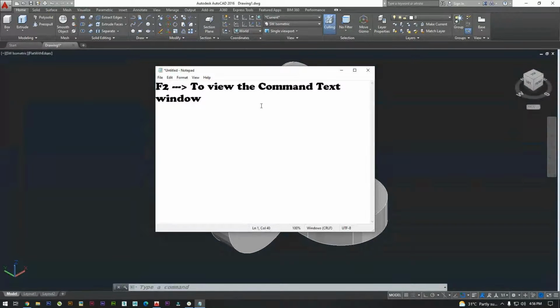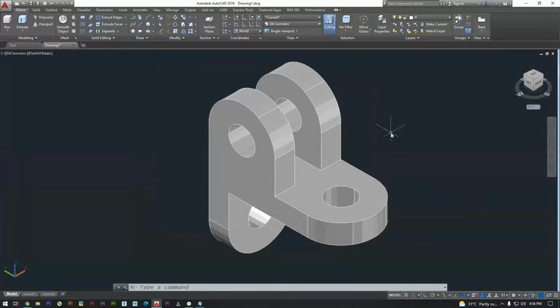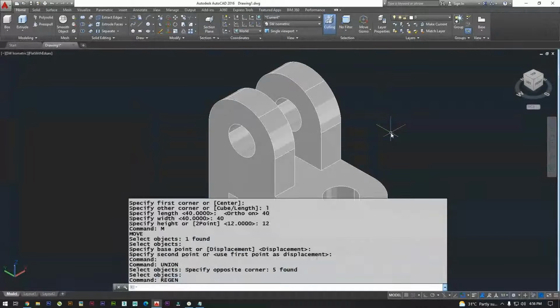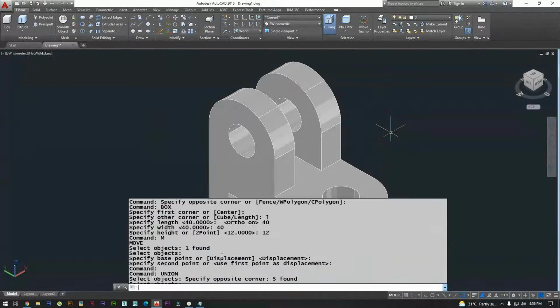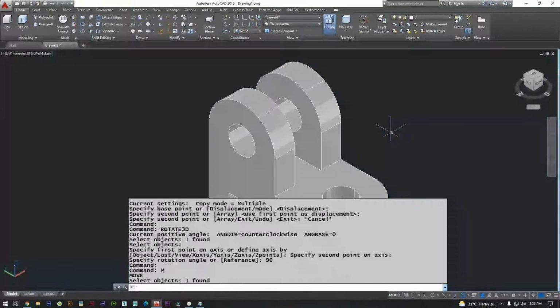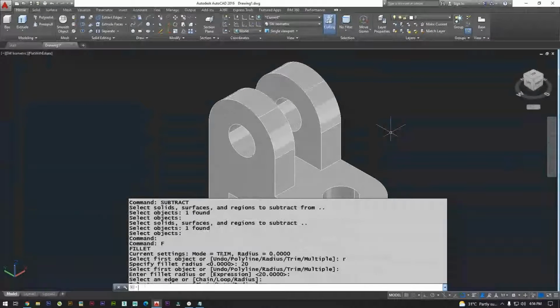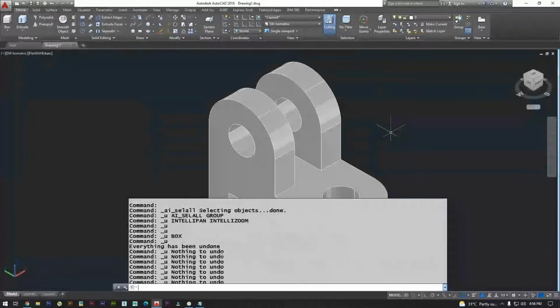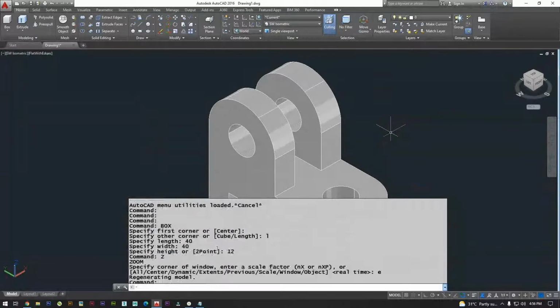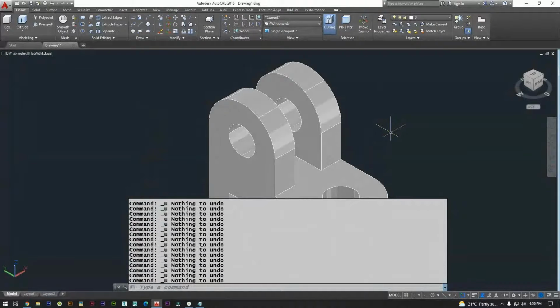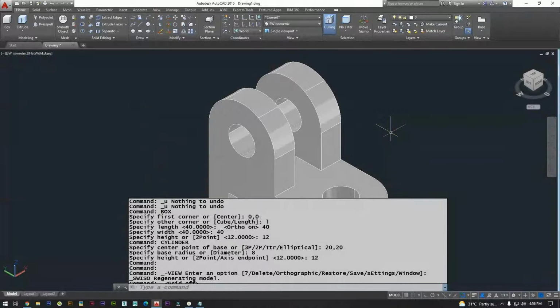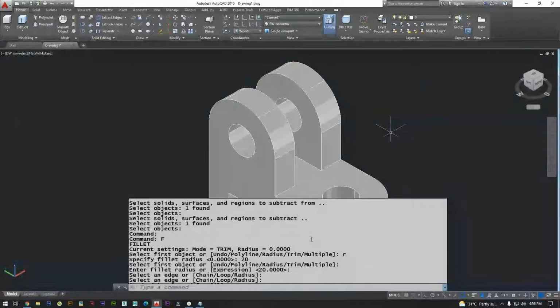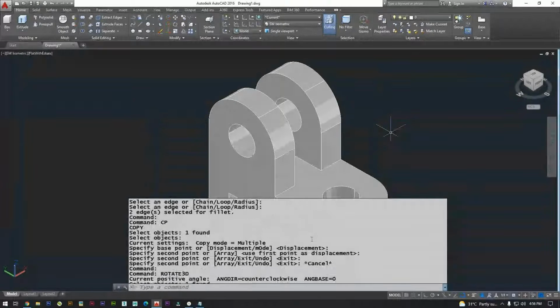Just press F2 on your keyboard. You can see all the commands which we used from the beginning of this drawing. See, studying what you told, the same thing I did. After that, we did undo. Then 0, comma 0, length, height, whatever I gave. Each and every command can be noticed here.